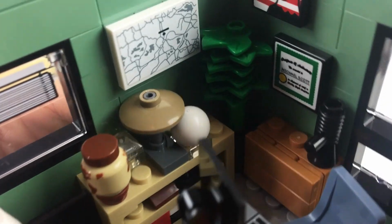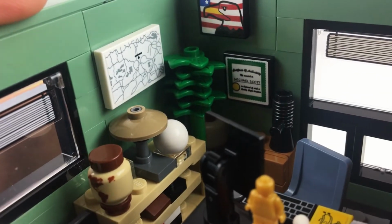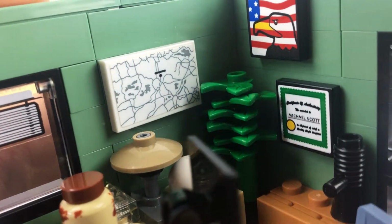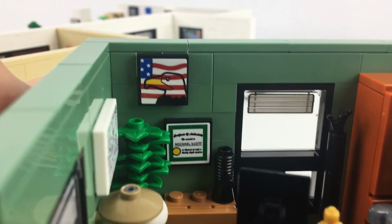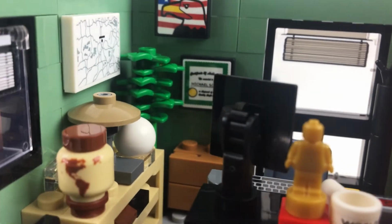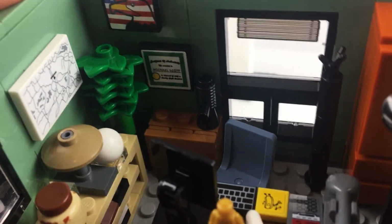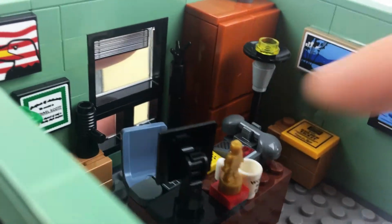Tiny little build for a lamp there, a nice little glass display box off to the side, this orb, which is just the standard white, and then we have, I think, a map of Scranton. Nice little build for the plant, this ridiculous eagle and American flag thing off to the side, and this is a certificate of authenticity to Michael Scott that says he's the owner of a watch, I forget exactly what it is. There's a bullhorn back here, and then another small coat stand off to the corner here with